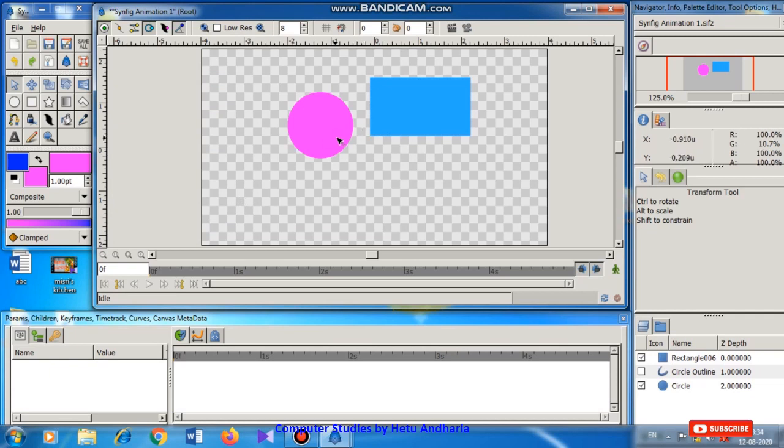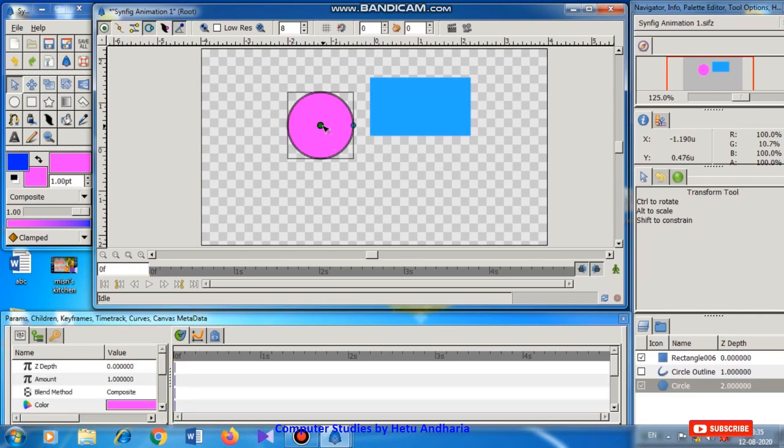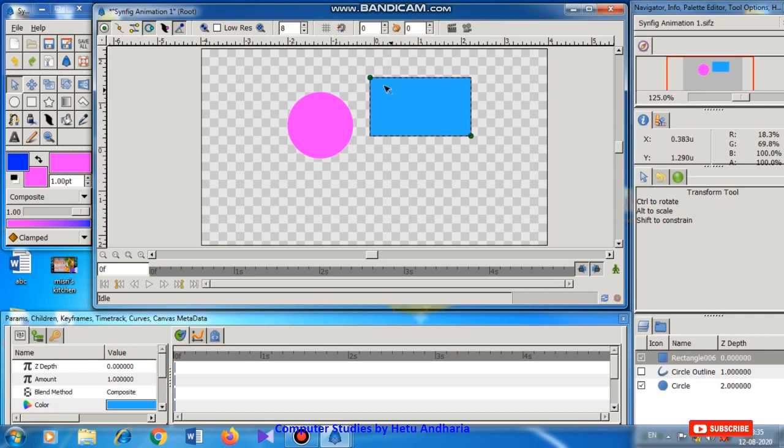Now just now I told you that this green color is used to change the position of the shape, but in the square I cannot change the position of the square. This is a defective software. There are so many drawbacks of this software. To change the position, this tool is not working. Okay, fine. Now after that, I come to the next part. Or I will teach you the star tool first, then I will go to this topic.